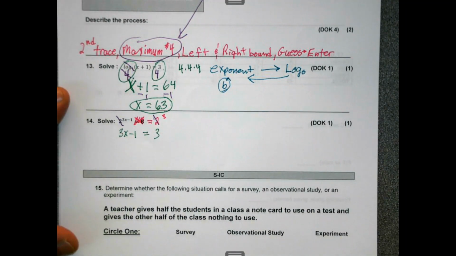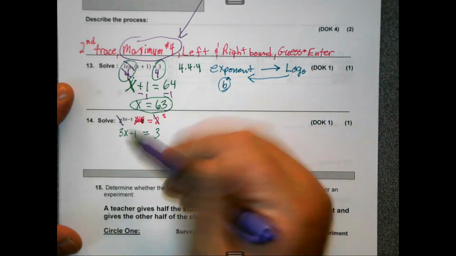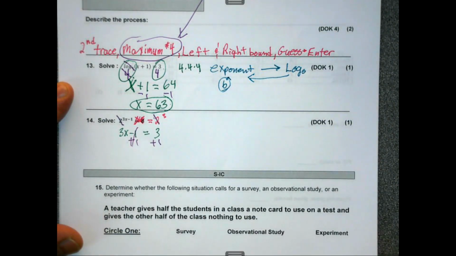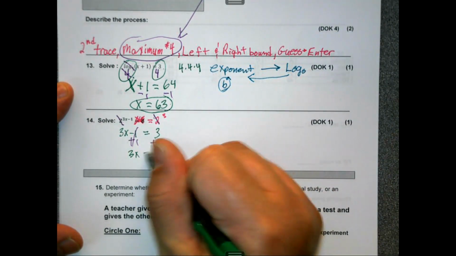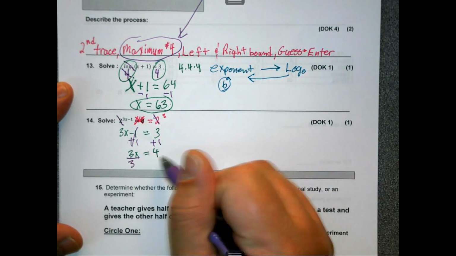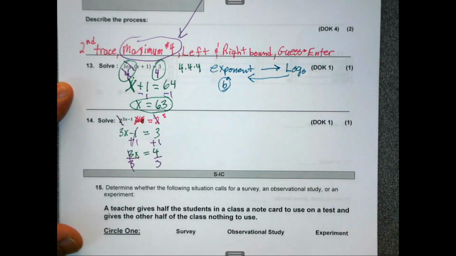Solve for x. Add 1, add 1. So I got 3x equal 4, divide by 3. So x is going to equal